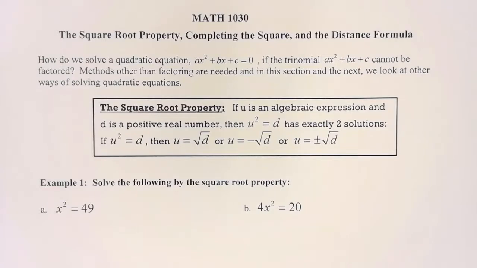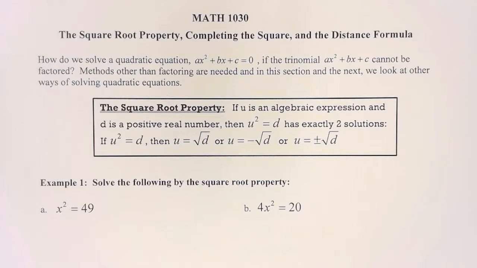We're going to be looking at the square root property for this particular video. In another video, I'll be looking at completing the square. And in another video, I'll also be looking at the distance formula. They are all interrelated. So, how do we solve a quadratic equation ax squared plus bx plus c equals 0